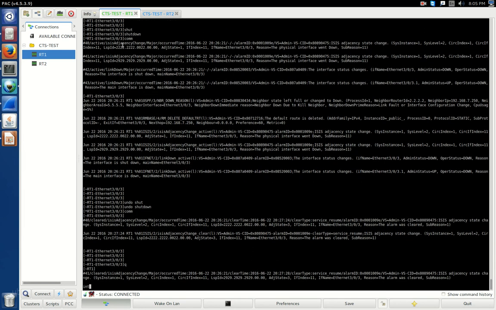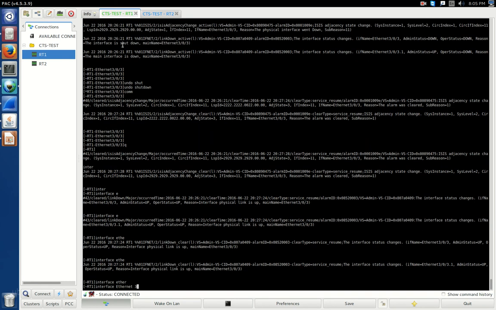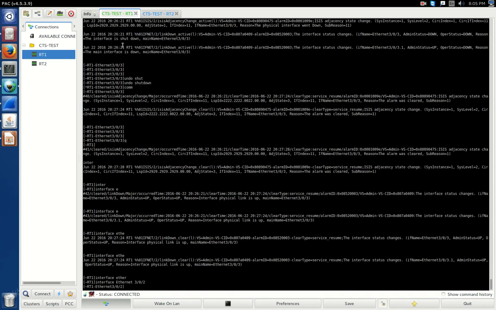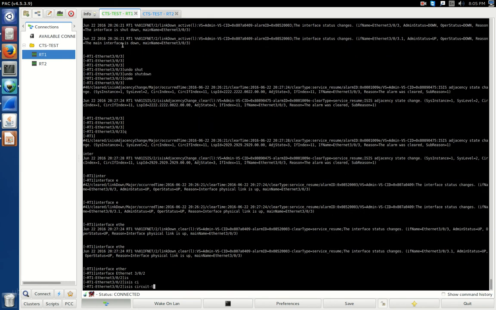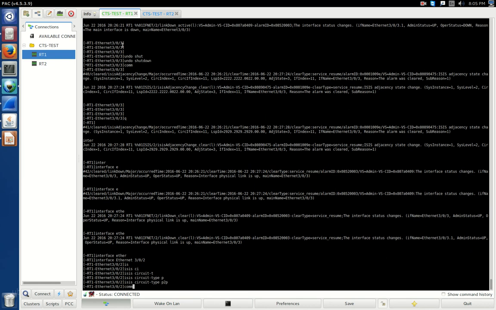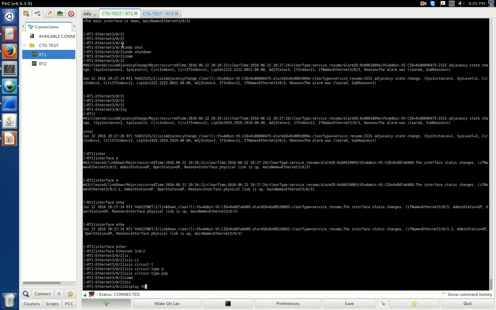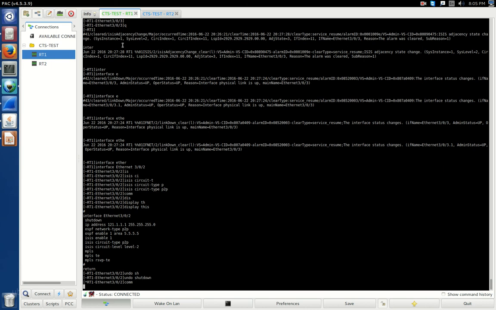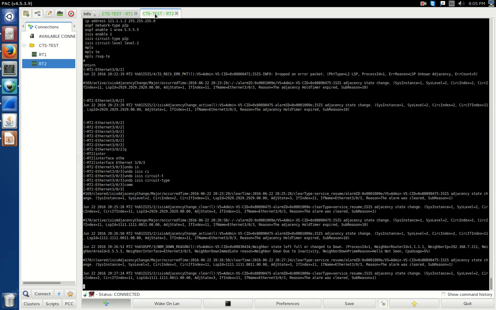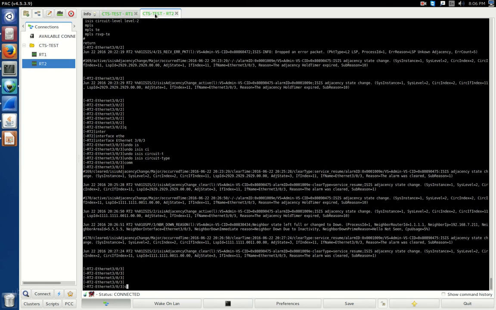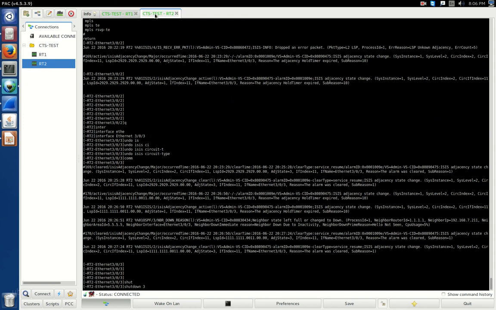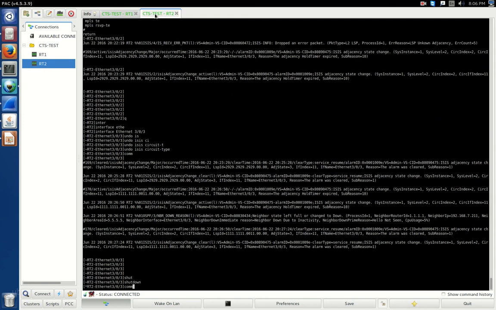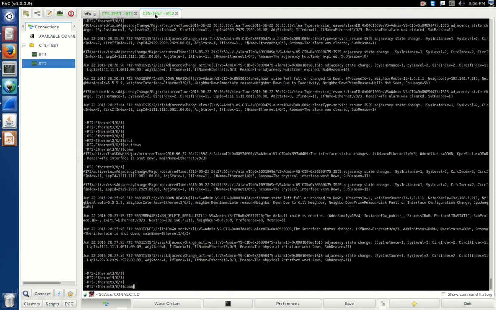and now we would need Ethernet 302 in point-to-point. So this would be done, and in RT2 we do not need 303, and we would require 302 to be in point-to-point.